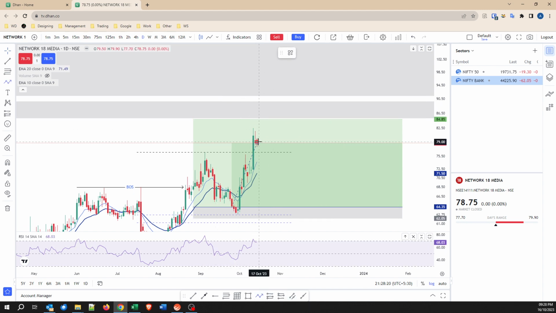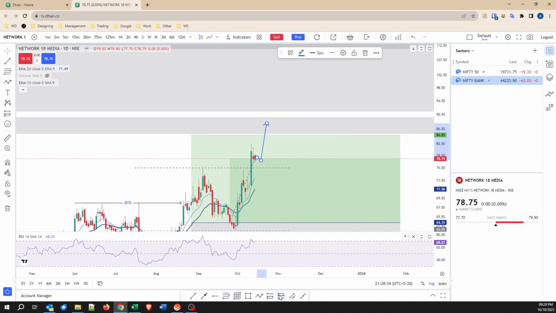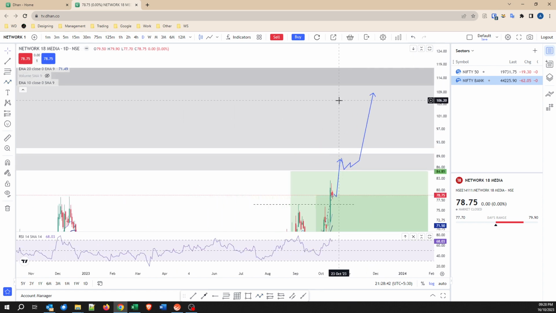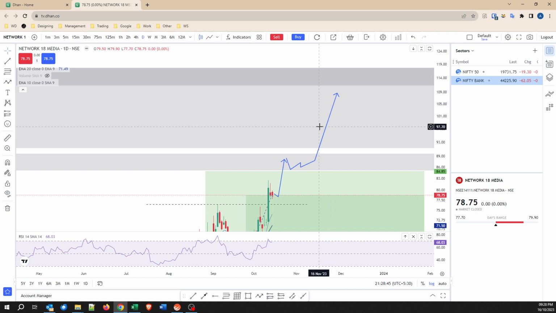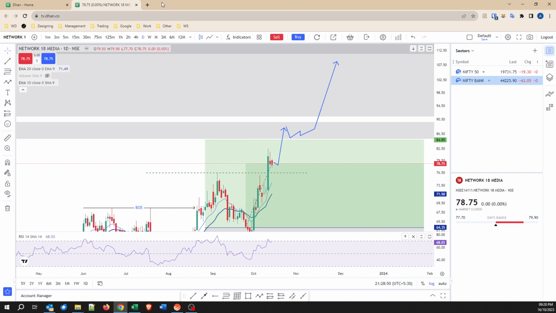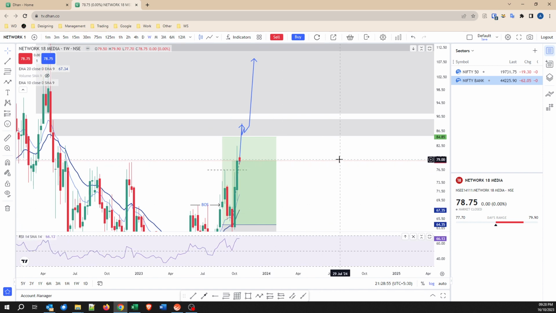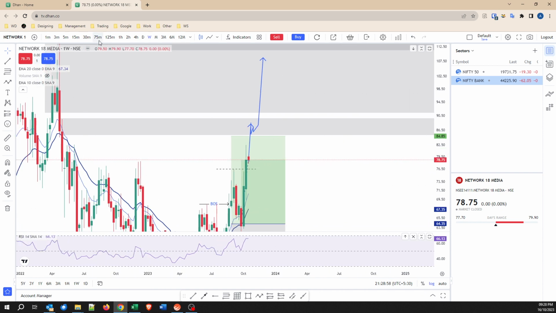Here's what I'm expecting to happen. It will consolidate just like this, 2-3 candles, wait for the EMA to catch up, and once the EMA catches up, we'll see one more huge candle like this, break this supply zone, or maybe a small reaction from this supply zone, and then again catch up and then move until here. So this is my estimation, not something that I can predict easily. Of course, I will have to react exactly to what the stock is saying to me at that moment. As of now, I see nothing that can stop the stock.